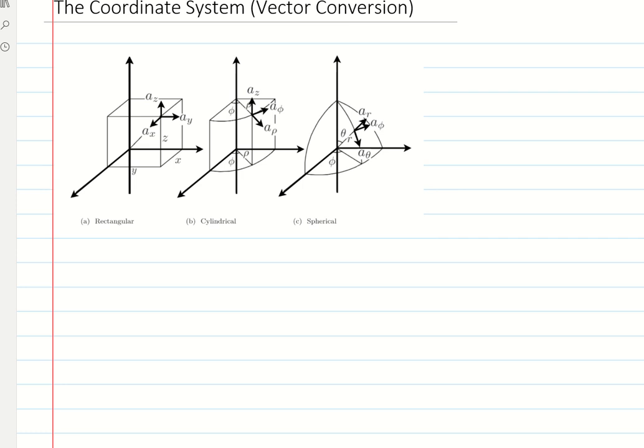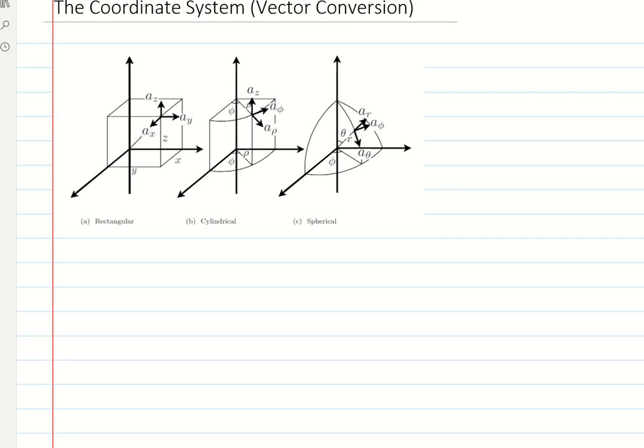It's still the same vector. The only difference now is the name of the coordinate or the direction of the unit vectors themselves. But the vector is the same. It's the same position. It's the same direction. So now, if we want to convert a vector from rectangular to another coordinate system, we need to review our